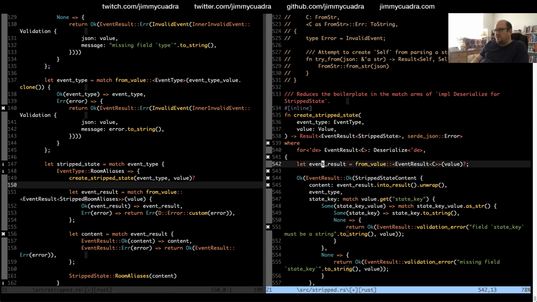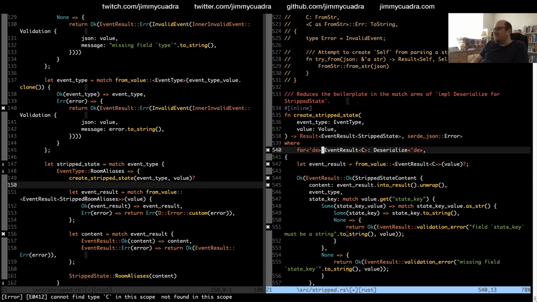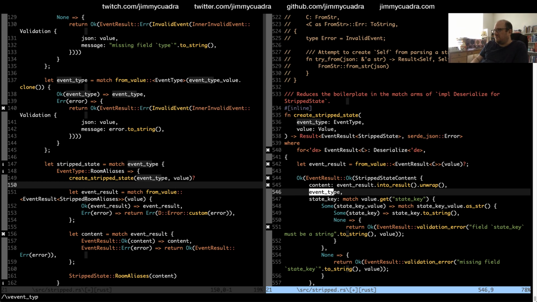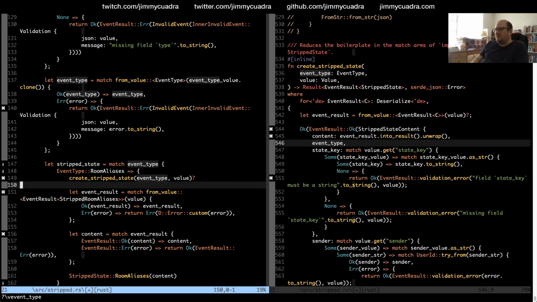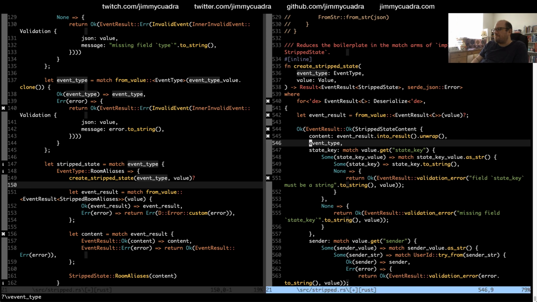So the first thing we need to do is, I think we just match on it. So we don't actually need the event type. Is the event type even being used here? Oh yeah, it is. But we still need a, not sure how to do this.